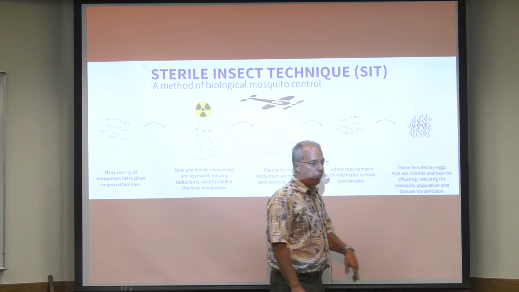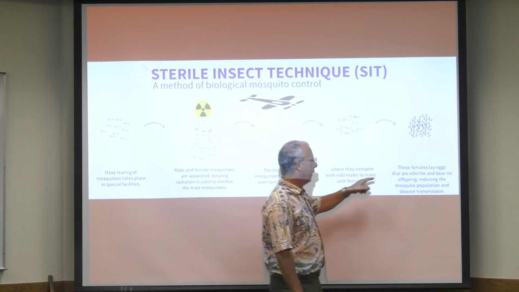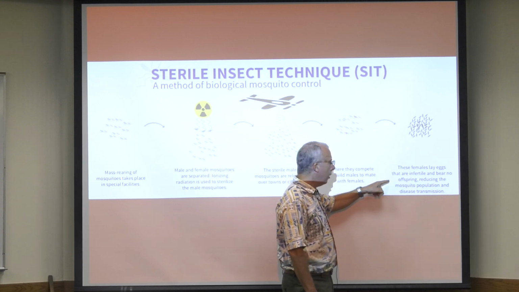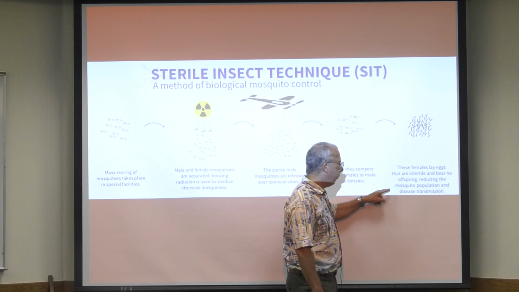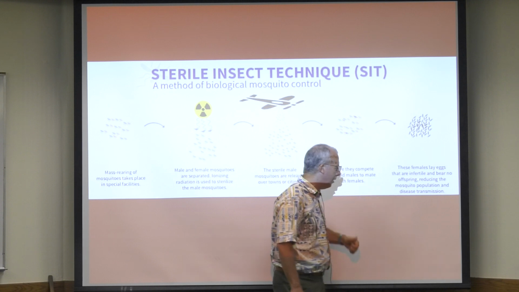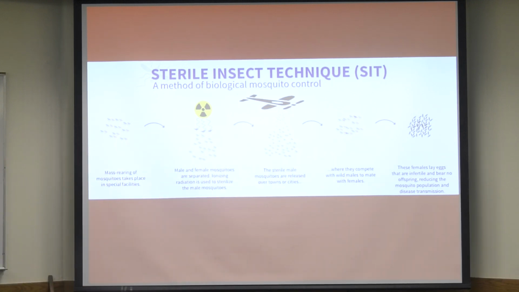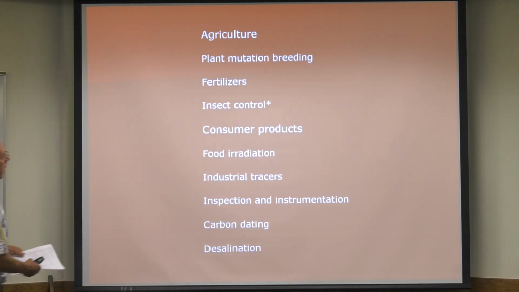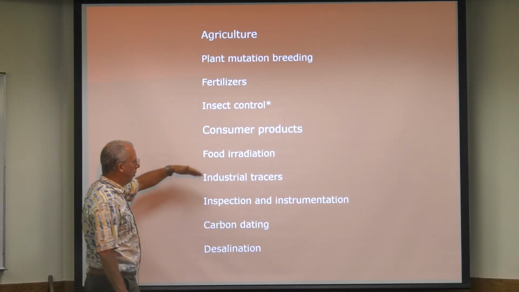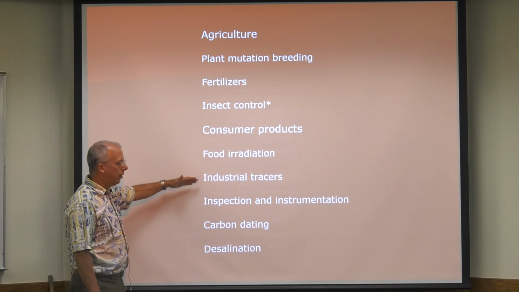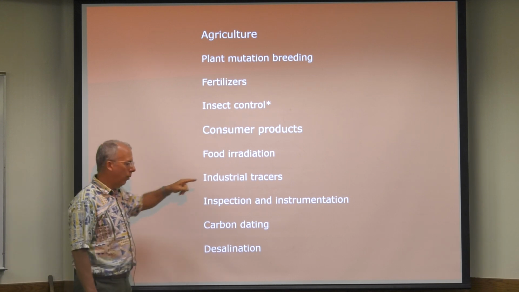These females that have mated with the sterile mosquitoes lay eggs that are infertile and bear no offspring, therefore reducing the mosquito population and disease transmission. So who would have ever thought of that, right? Okay, they're used in consumer products to irradiate food, kill bacteria, to industrial tracers to see where oil goes in an engine,